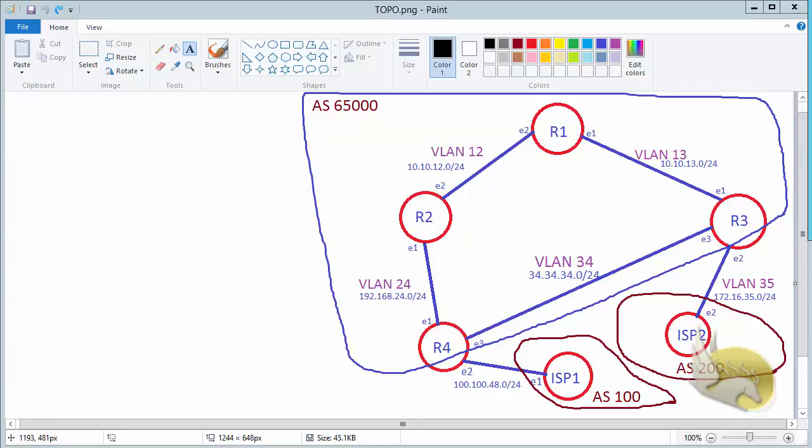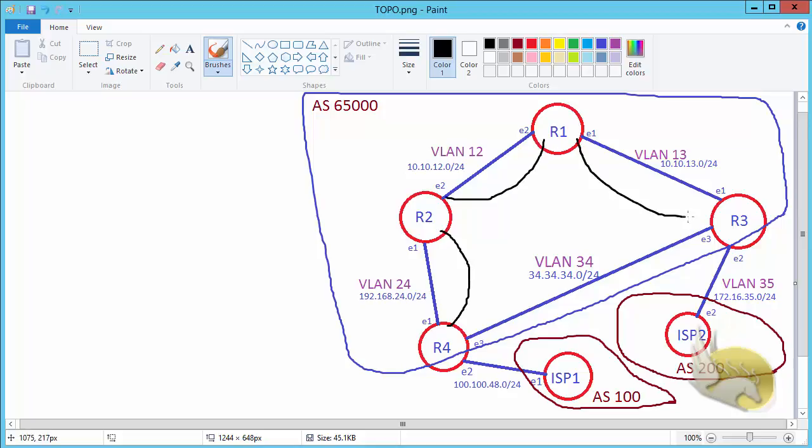In this section, I want to show you another type of configuration in your BGP autonomous system, and that's going to be confederation. Before this, I want to tell you something. I have reverted the configuration so that router 1 is not a route reflector anymore. Again, I have a relationship between router 4 and router 2, router 2 and router 1, router 1 and router 3,